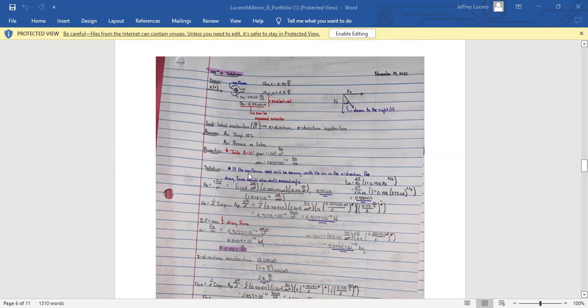If the sunflower seed will be moving with the air in the X direction, the drag force would also shift accordingly. So there will be more drag force when it's going directly this way, but there's drag force in the X and Z direction. So we had to calculate Reynolds number, which is density times diameter times velocity over viscosity, to get 375.68. We also had to calculate CD, which is 24 over Reynolds number times 1 plus 0.158 Reynolds number to the 2/3 power, to get